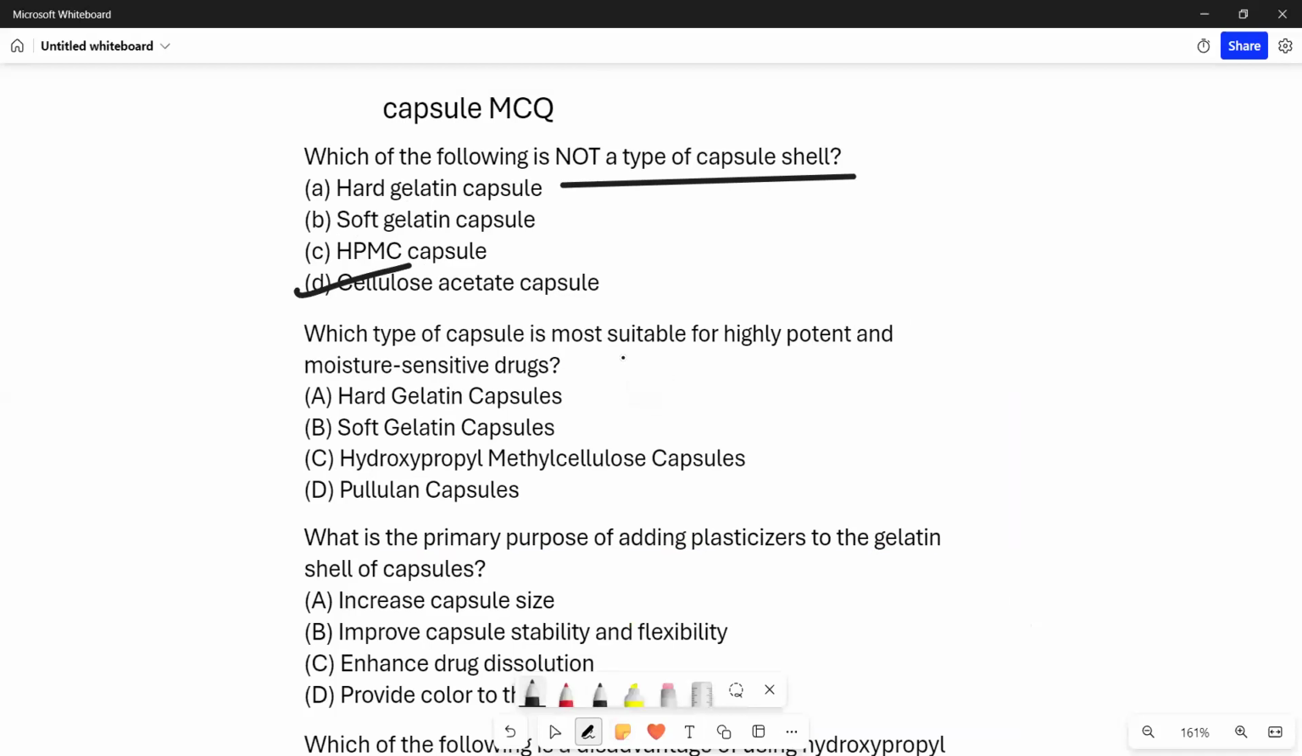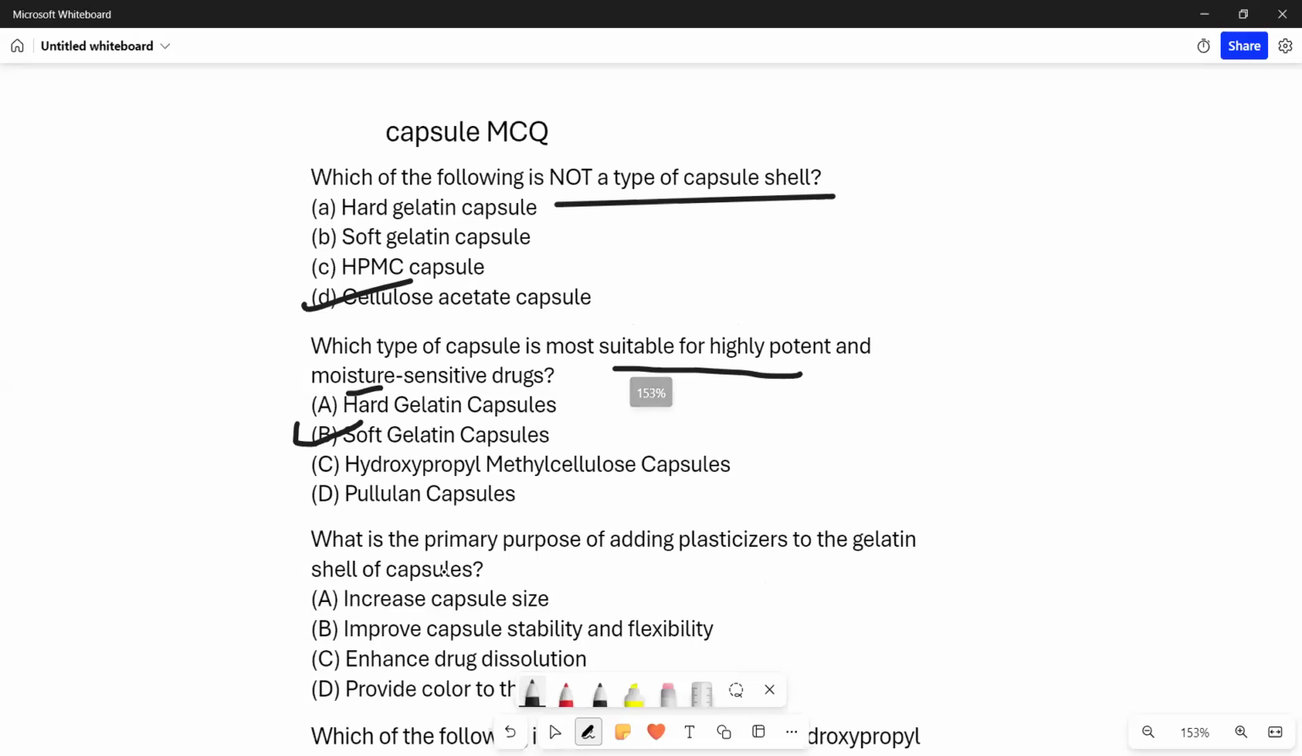Next, which type of capsule is mostly suitable for highly potent and moisture sensitive drugs? Highly potent and moisture sensitive. Try to read the question properly, then answer it, guys. Try to understand the question because this year all questions will come in a conceptual way. The correct answer is soft gelatin capsule. Next,